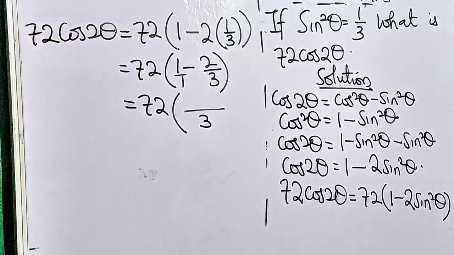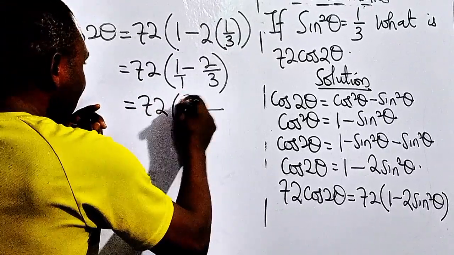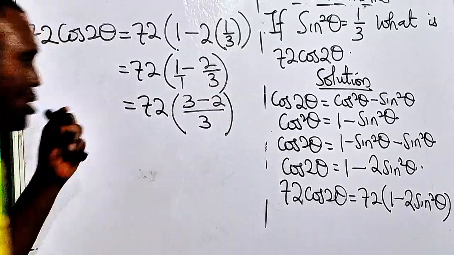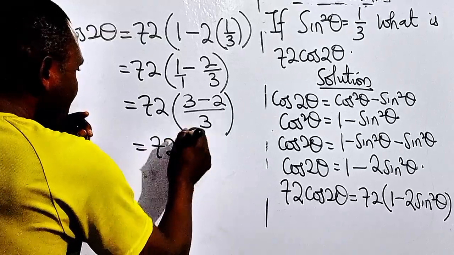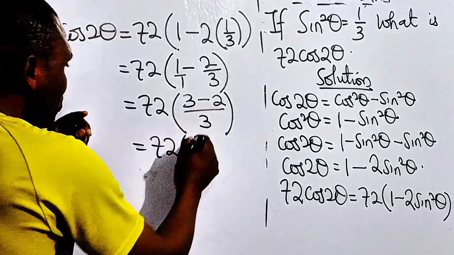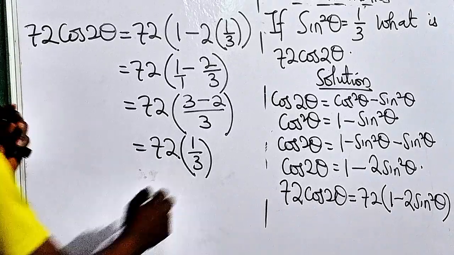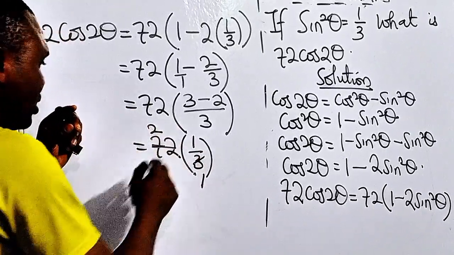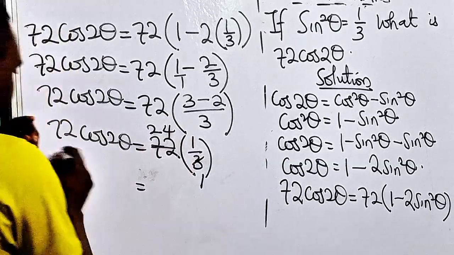3. Is that clear? Now divide 3 by 1, that is 3. 3 times 1 is 3. Now divide 3 by 3 is 1. 1 times 2 is what? Is 2. So I'll be having 72, brackets open, 3 minus 2 is 1 over what? Over 3. Is that clear? Now 3 here is 1, 3 in 7 is 2, remainder 1, 3 in 12 is what? Is 4. Will be equal to,